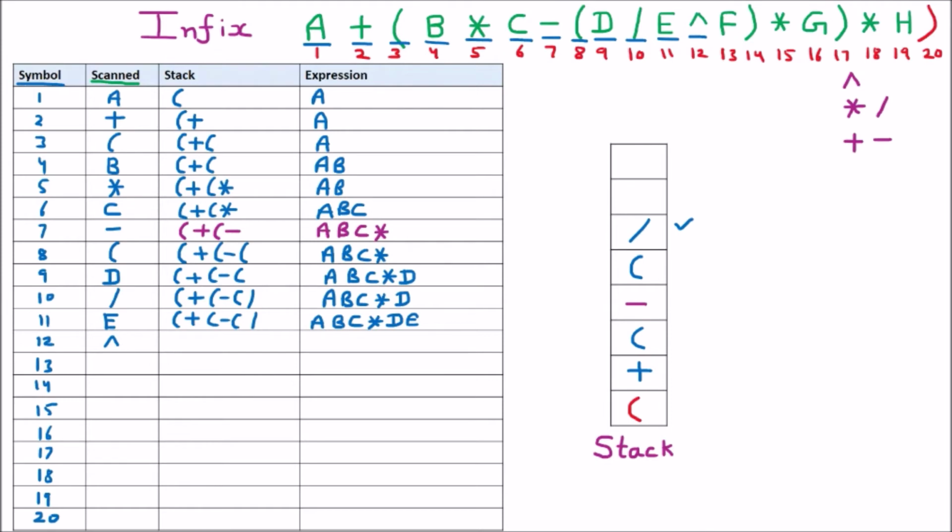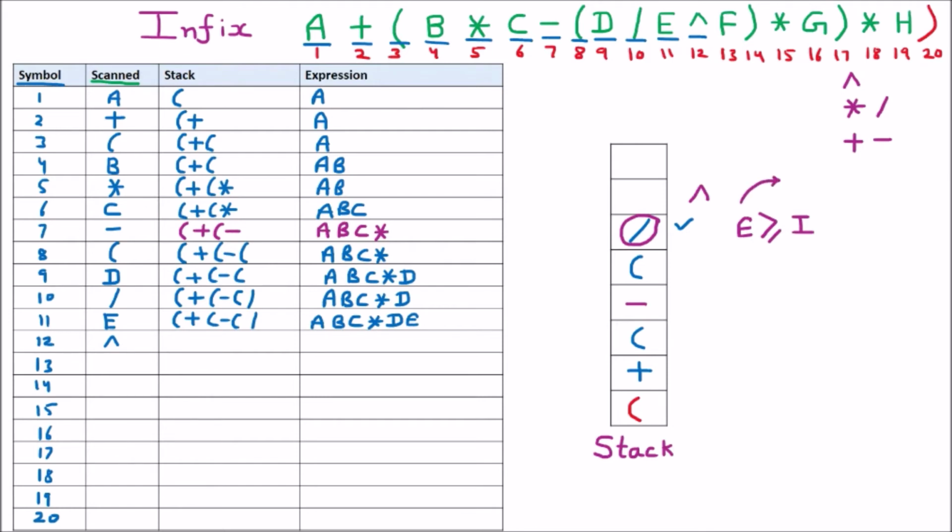So we cannot put the operator directly here. Now the power symbol operator is coming, which wants to come in, and already we have divide. So the divide operator is here. Now divide is the existing one and power is the incoming, and we should check the existing. If the existing has greater or equal precedence, then it will come out.